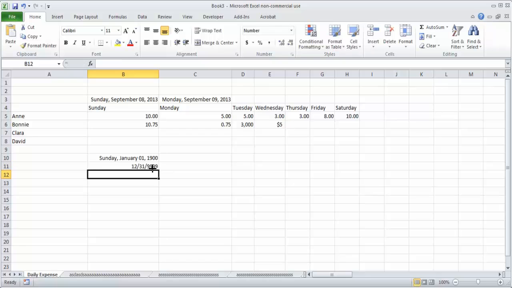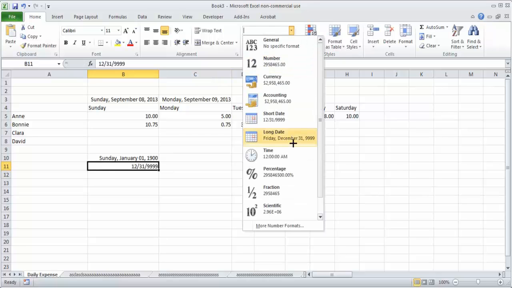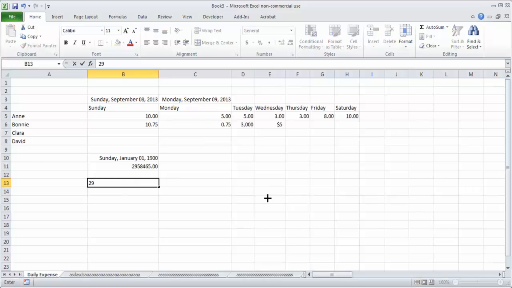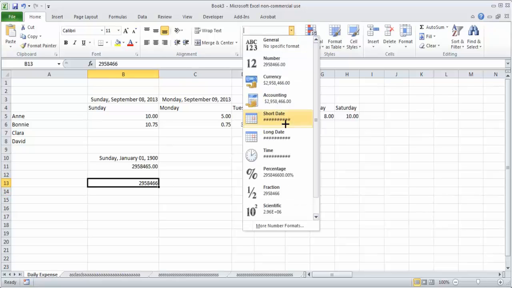This is the last date that we have. If you convert this into a number, you have 2958465. If I put the number 2958466 and then convert this into a long date...